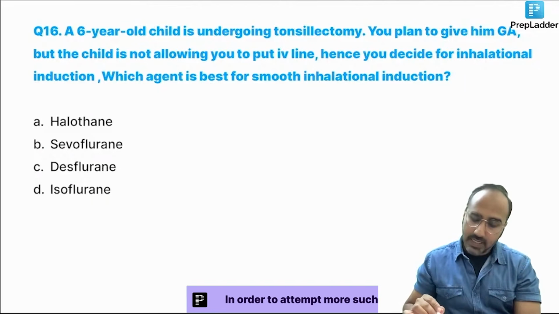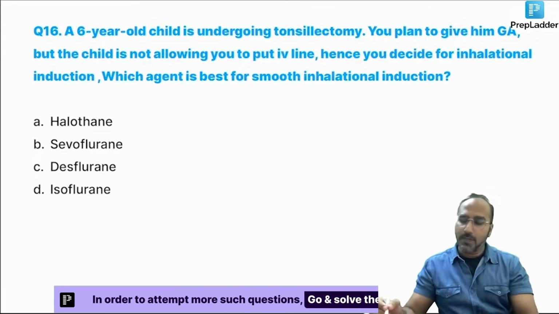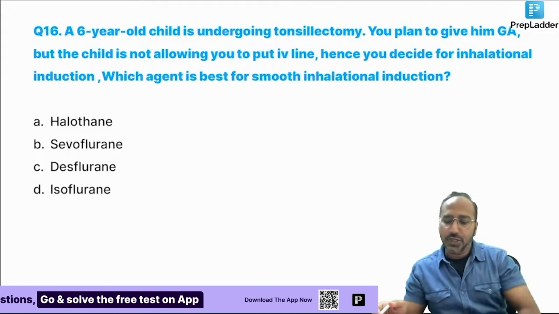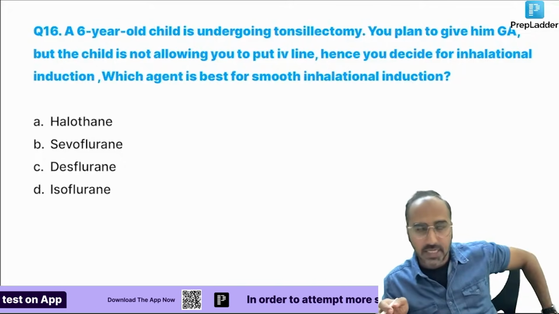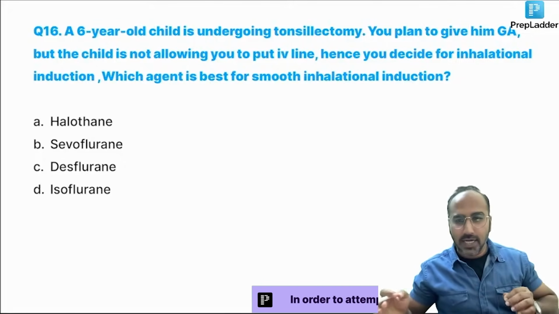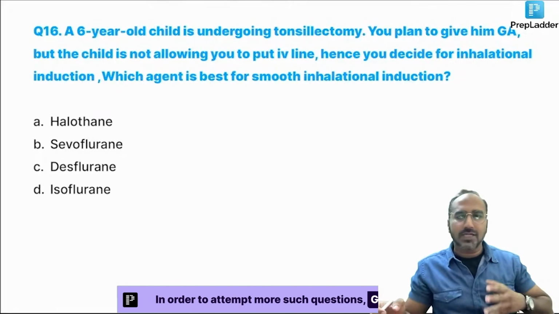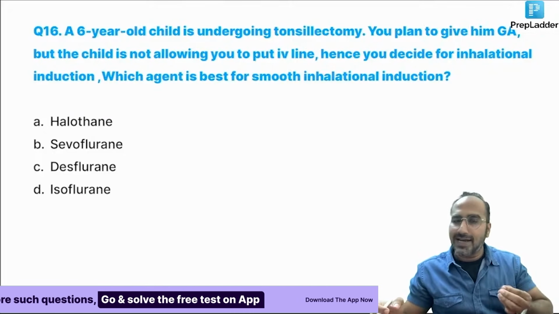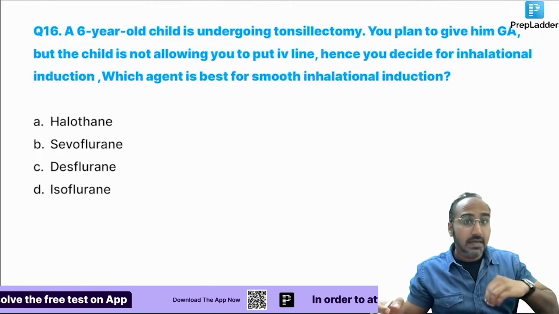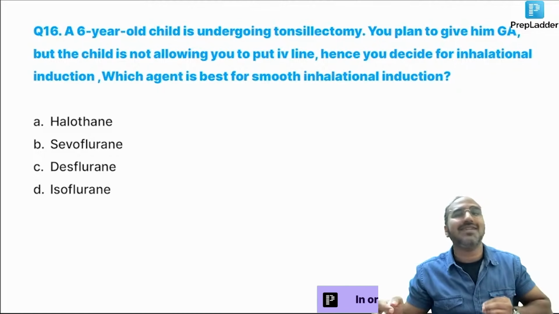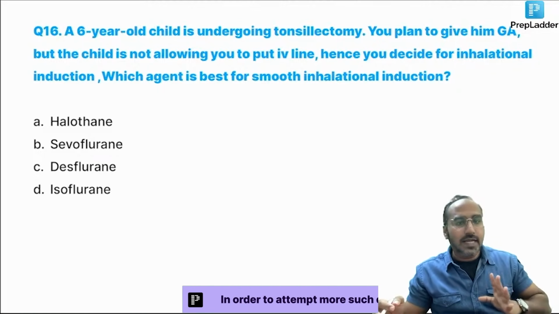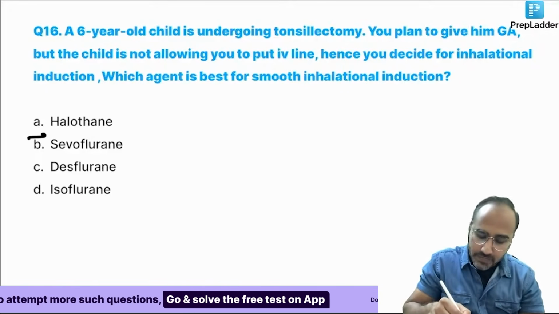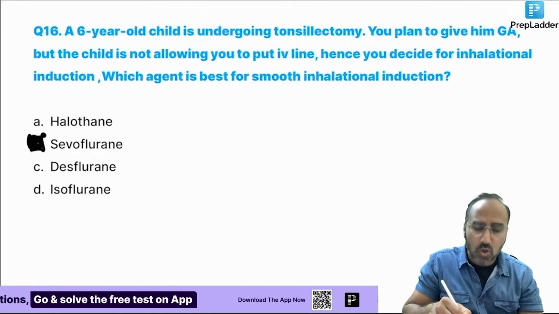A 6-year-old child is undergoing tonsillectomy. You plan to give him general anesthesia, but the child is not allowing you to put an IV line. Hence, you decide on inhalational induction. Normally, guys, induction means you make the patient unconscious. Normally, for induction, we use IV. But IV is not possible. Then you use inhalational. Rarely inhalational. But which is the inhalational agent used in children, which has a sweet odor,